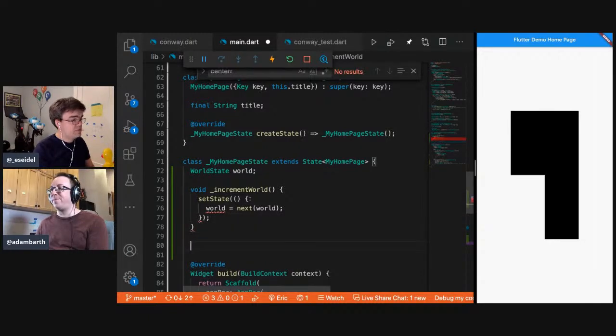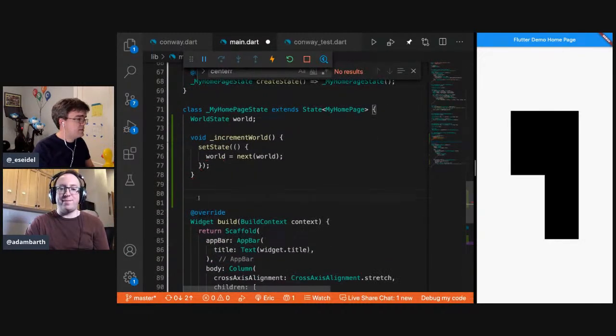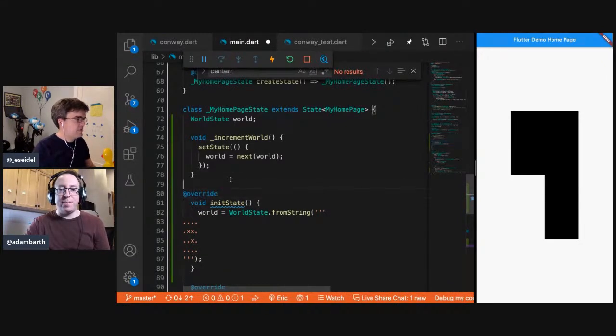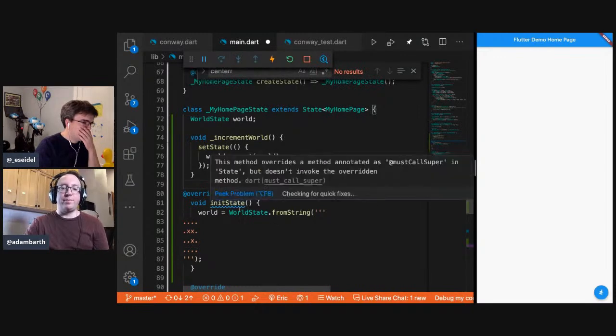And I want, where's my little, it fills out my init state for me. I don't know how to add the, I do this at all right? Yeah, it looks pretty good. I think the init state needs, oh yeah, that looks good.